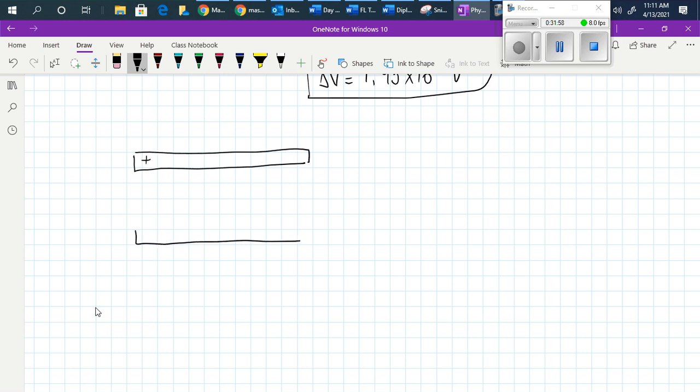Positive and negative. And an electron that is entering at 1/3 of delta d. What we have here is that the change of voltage is 150 volts. We are assuming here that it is infinitely